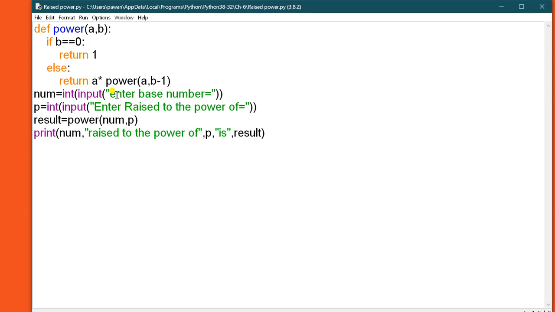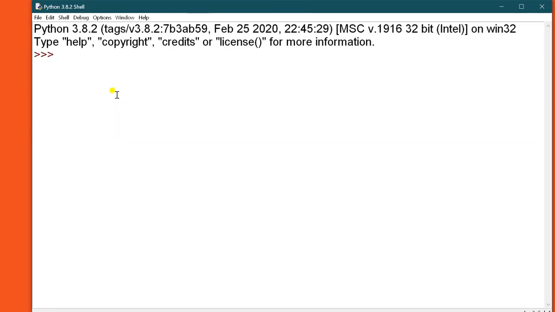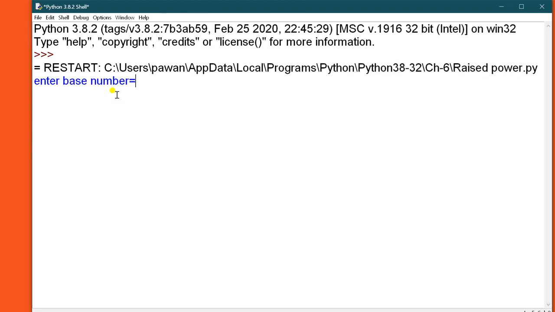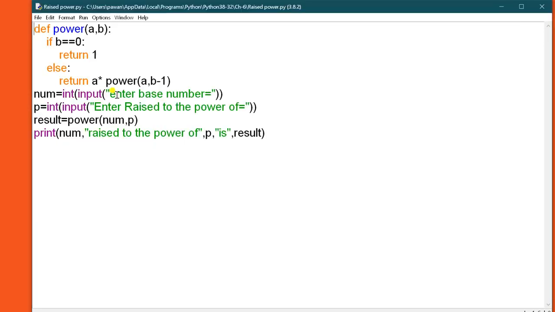So this is your recursive code for calculating the power. Now I am going to run it. Enter the base number, suppose 2 raised to power 5. Now 2 raised to power 5 is 32. So you have to check the code and run it.